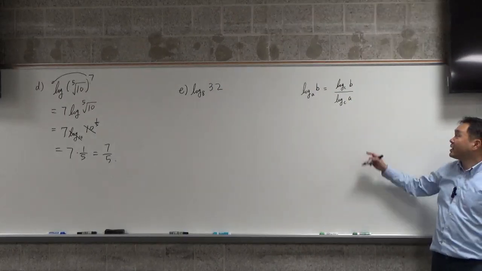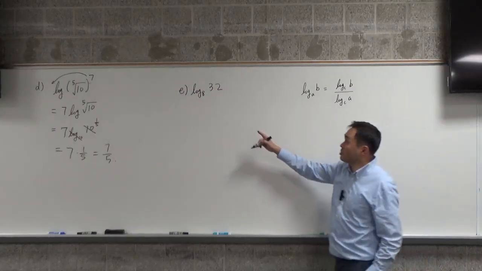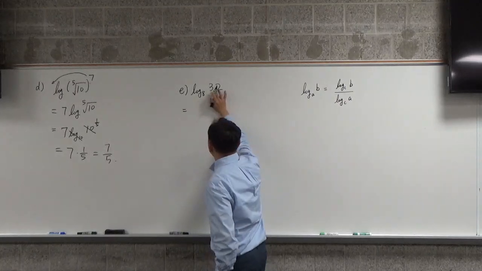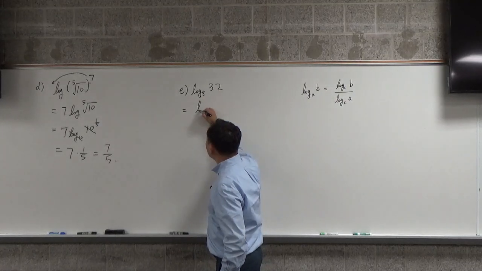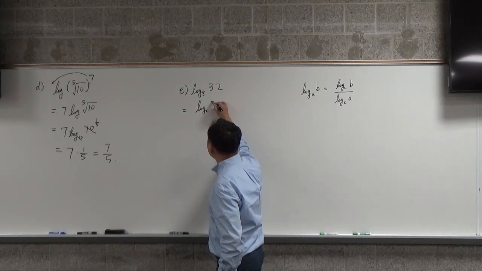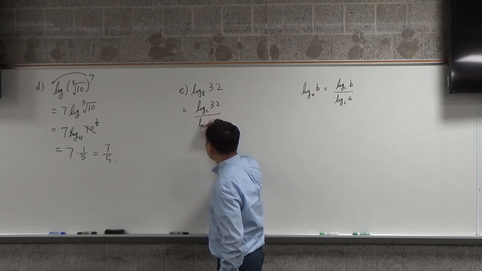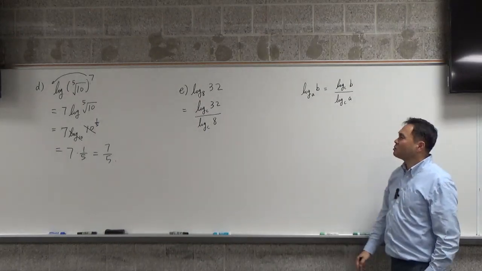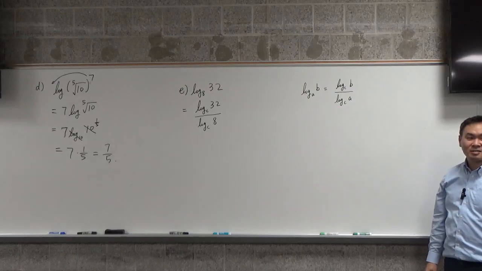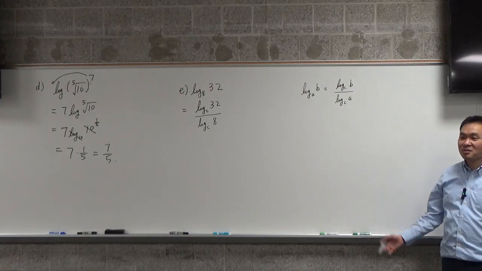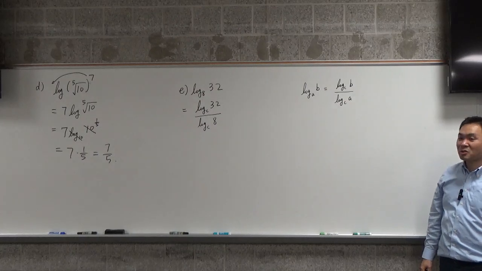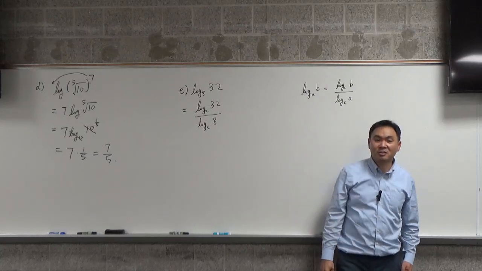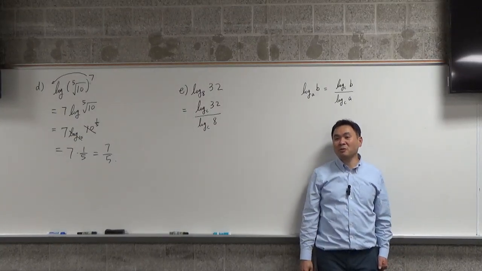And if we apply this formula to here, hoping that it might work, since A is 8 and B is 32, the right side would say log C of 32 over log C of 8. But what is C? You might ask, right? Where does that C come out of nowhere? The answer is C can be anything you want. And it's called the base change formula because